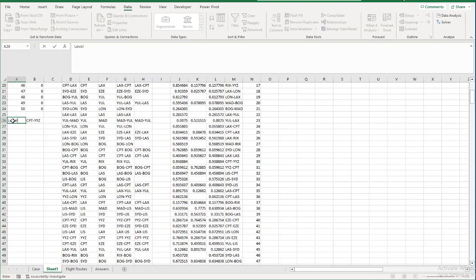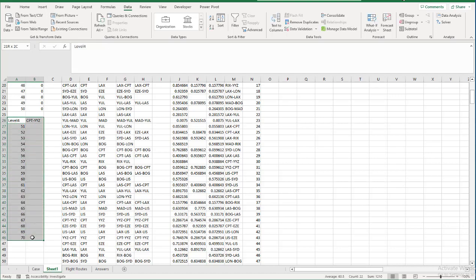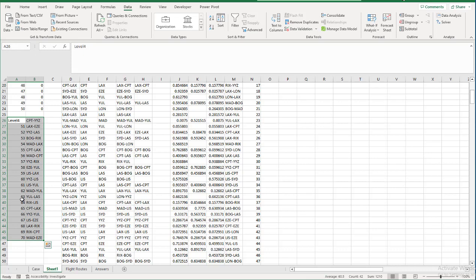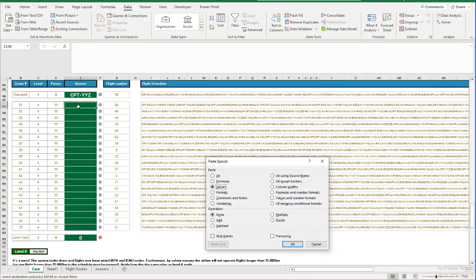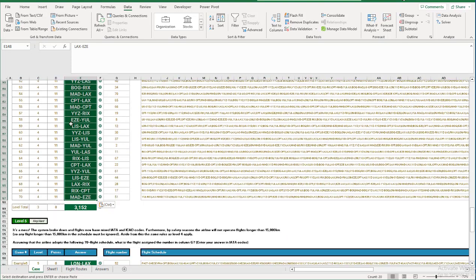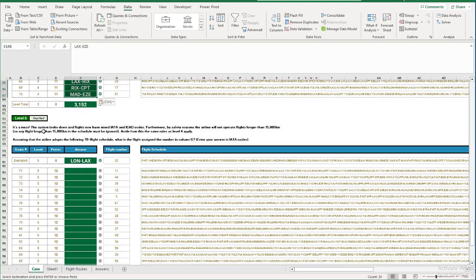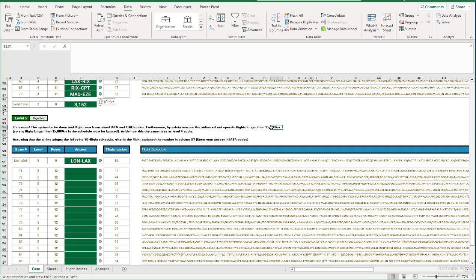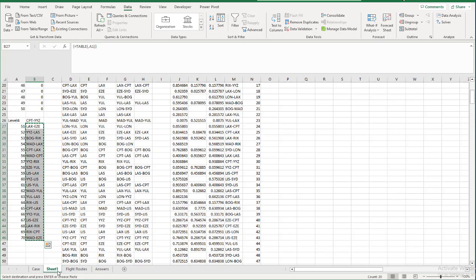Let's make level 4. Sequence of 20 starts at 51. And do a data table. These should be my level 4 answers. Level 5. So I now have 70 flights instead of 40, and I could have the 4-letter codes, and I have to filter for 15,000 miles. Okay, so on my sheet,